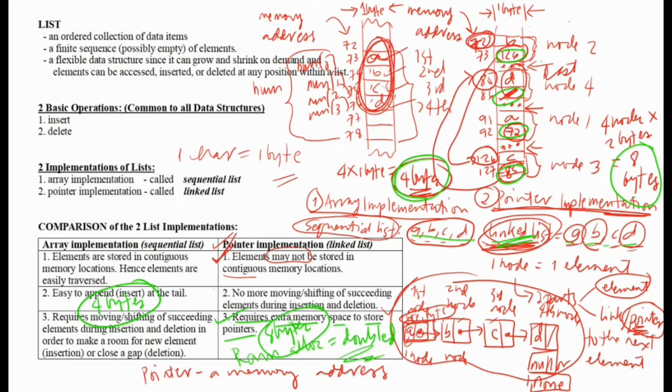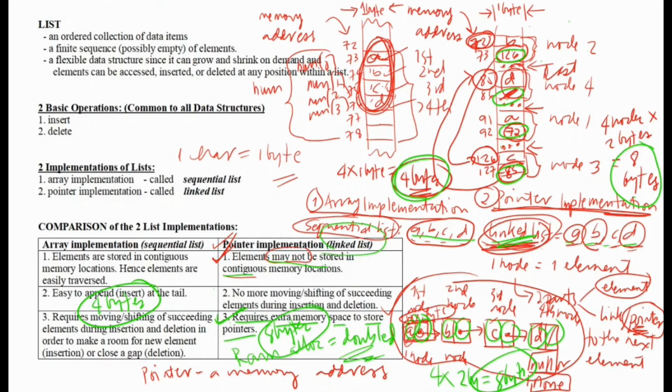So how many pointers are to be stored? It is equal to the number of elements, because each element has a pair pointer. Okay, in the node, each element has a pair pointer: element, pointer, element, pointer, element, pointer. And we consider this characteristic of linked list or pointer implementation as a disadvantage because, remember, in good programming practice, you are to save memory spaces. But the advantage is that you may not store the elements in contiguous memory location, and the biggest advantage of